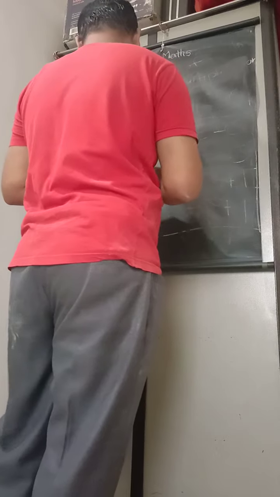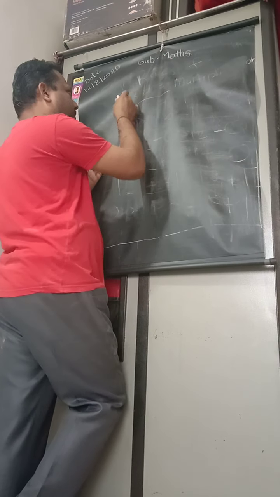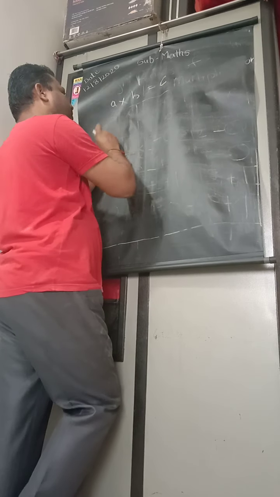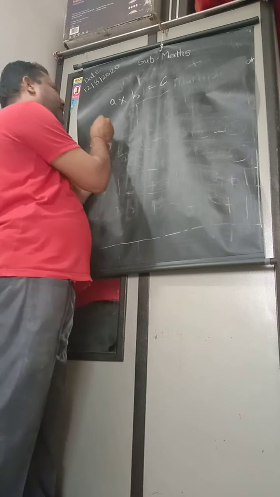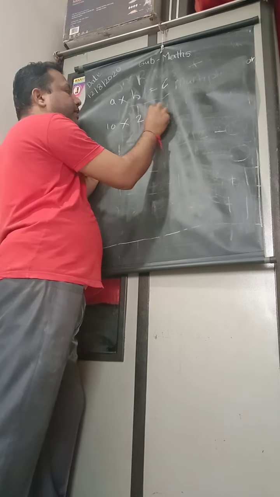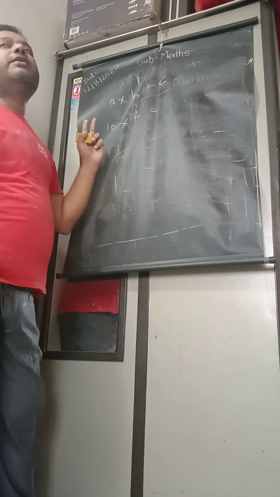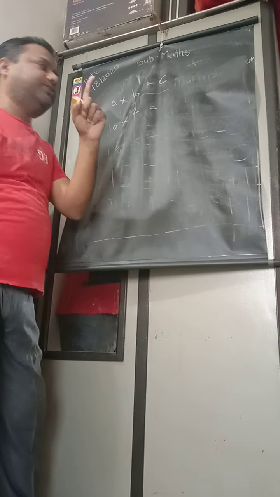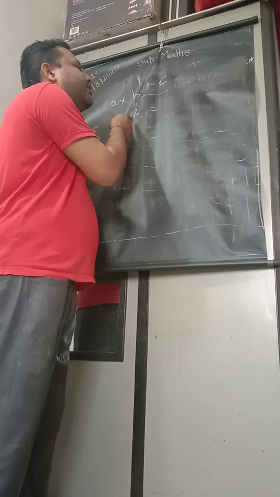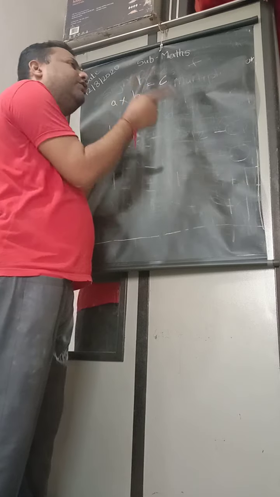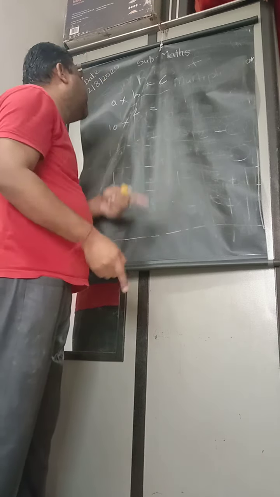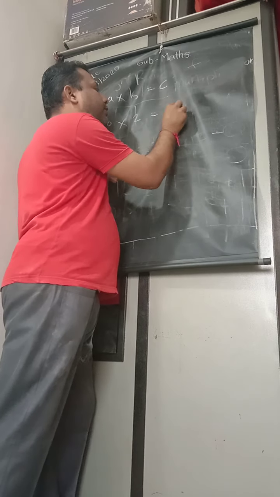Listen, my friend. I take an example, and we know that multiplication A into B gives C. So here A is equal to how much? I take for example 10. B is equal to how much? I take for example 2. Then what is the sign? When I do not mention the sign, it means a positive sign. So 10 into 2. Both are positive. We know that when both are positive, then C should be positive. Actually C is positive only. So 10 into 2 is 20.